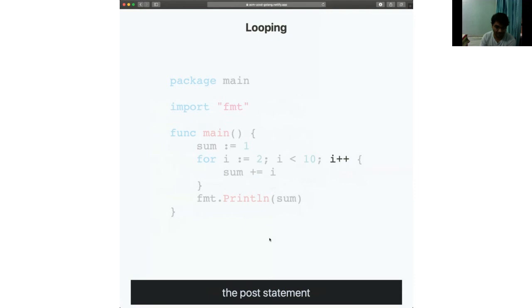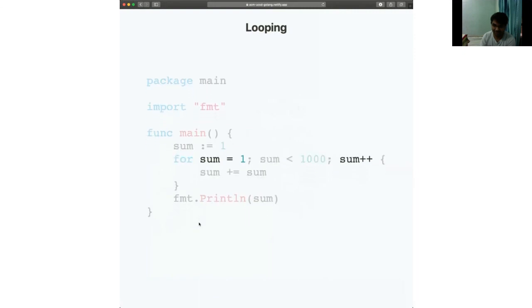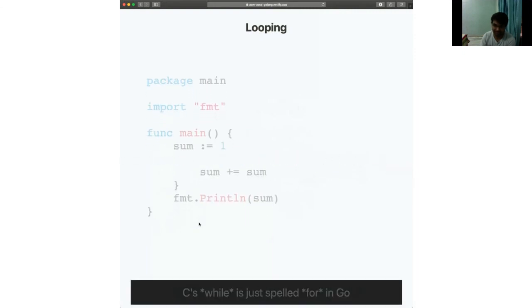Yes, that's basically while. That's exactly what I was talking about. It's interesting how while even exists in other languages. It should just be called for, in my opinion.